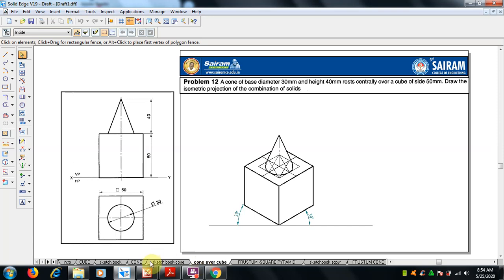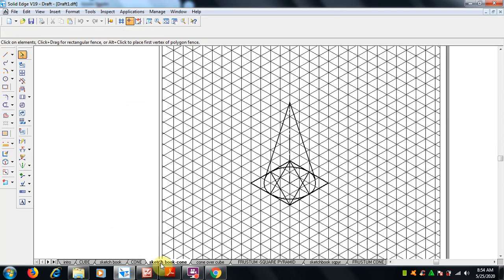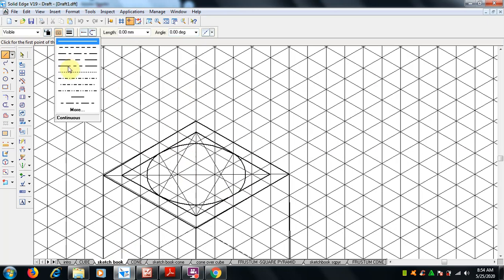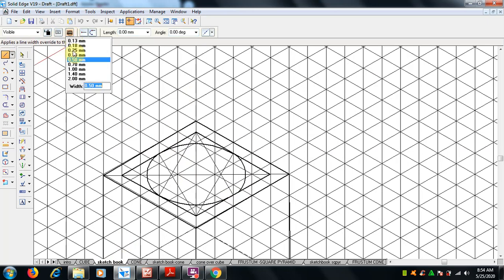Height is 40. Draw the line, center axis, from here 40, right? So it will come here.